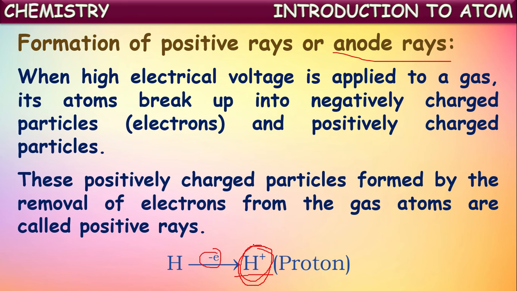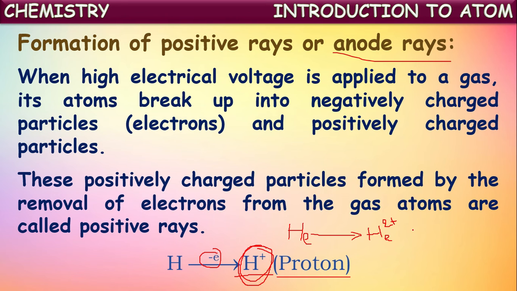Out of all kinds of positive charged particles, the smallest particles produced are called protons. Depending upon the gas taken in the discharge tube, the positive charged particles will differ. If we take hydrogen gas, the positive charged particles are H+ ions. Instead of hydrogen, if we take helium, what happens? On applying high voltage current, these helium atoms will split into He2+ ions